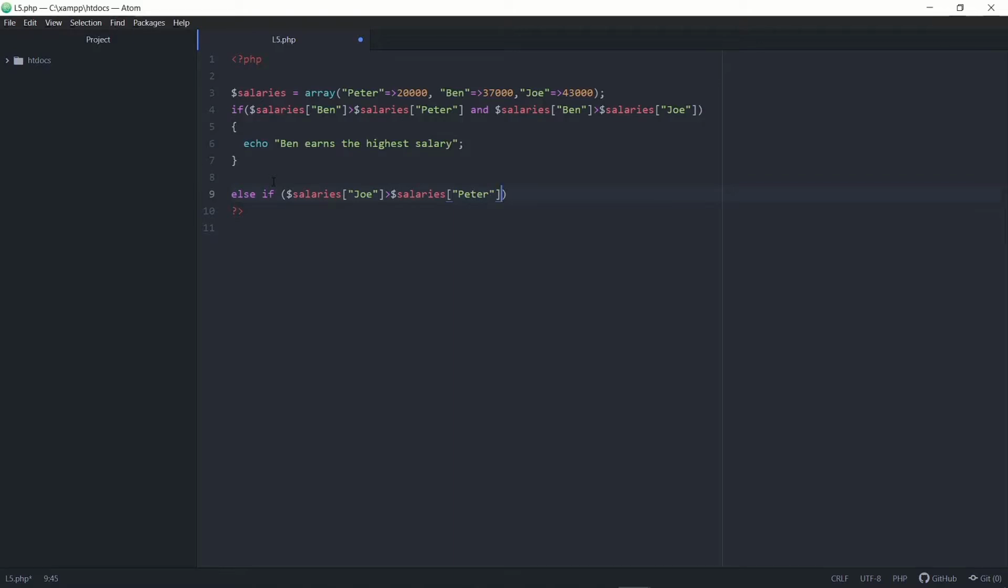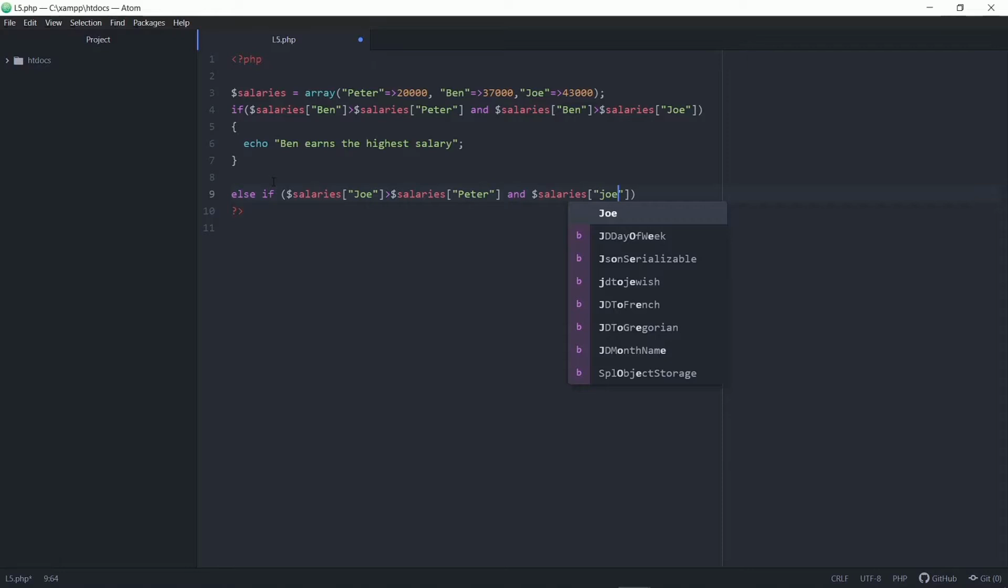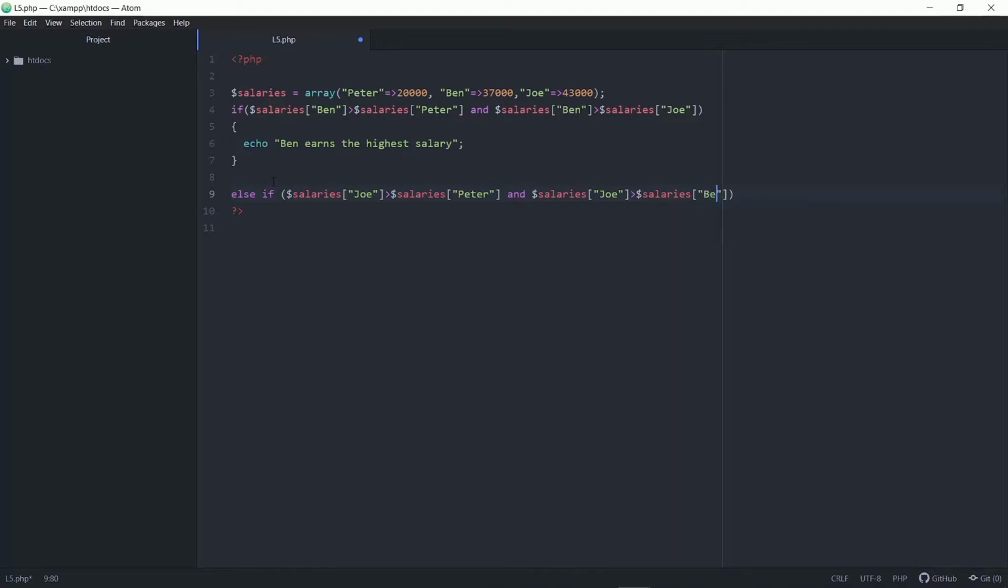remember I'm testing for two conditions that need to be satisfied with my else if, and I'll say and the salaries for Joe is greater than the salary of Ben. So salaries for Ben, then do this instead. Okay, so this is the other condition that's going to be run if the first condition